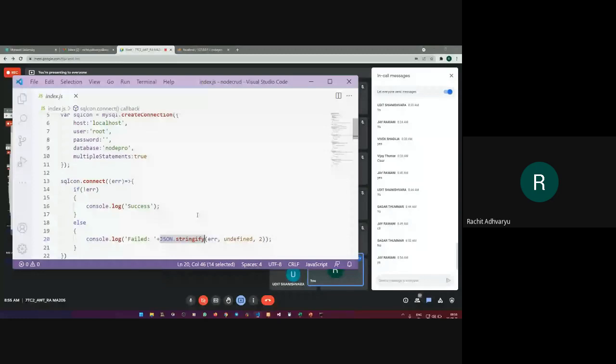And I'm saying that I want all of them in the array format, and undefined comma 2 is the parameter that we need to set by default whenever we are writing this statement called json.stringify. Unknown errors are also to be printed, in short. Yes. These are the parameters that you need to use compulsorily, in short.